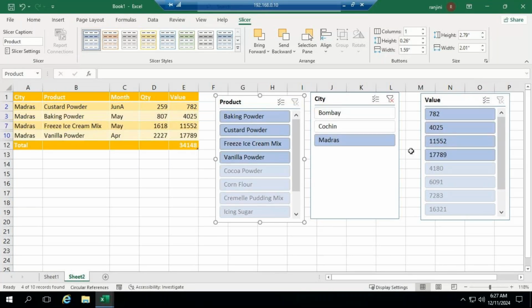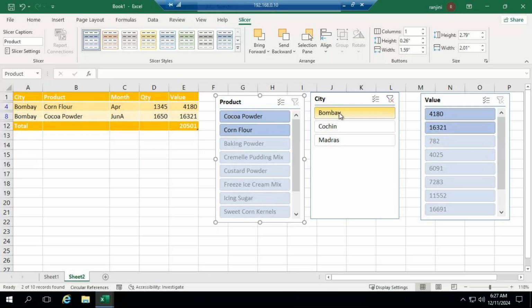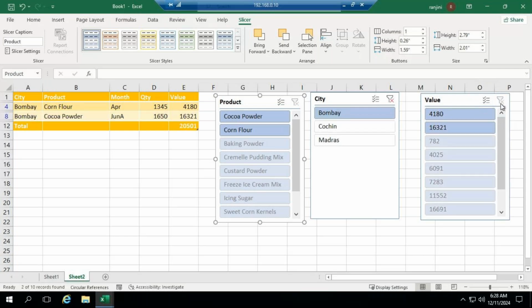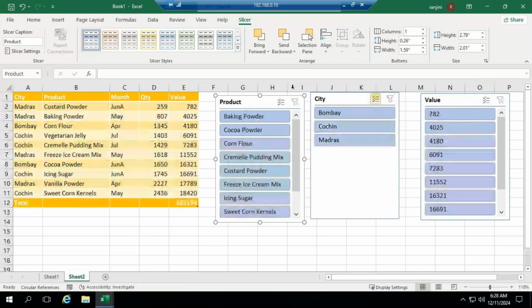Okay. If I want to see the details of Bombay city, it will show you the details of that. Again in this, if you want to filter only this record, you can see only that particular record. If you want to remove the filter, you can click on this cross mark. It will remove the filter. Here also cross mark. And if you don't want these slicers to appear,